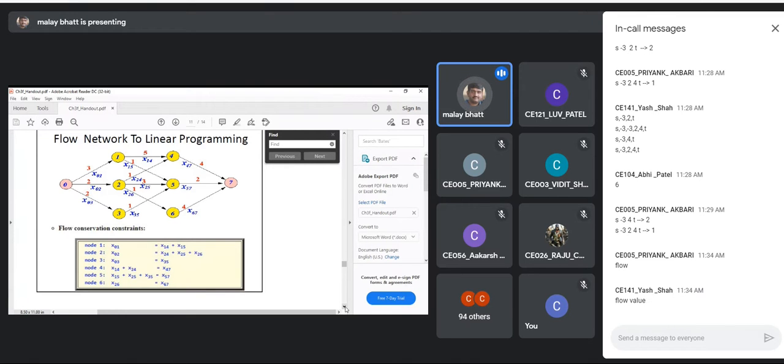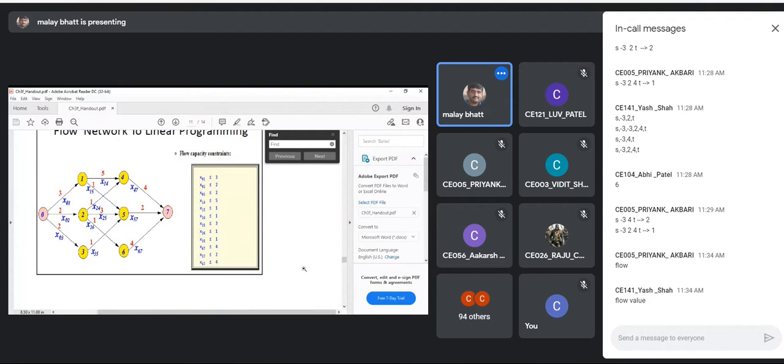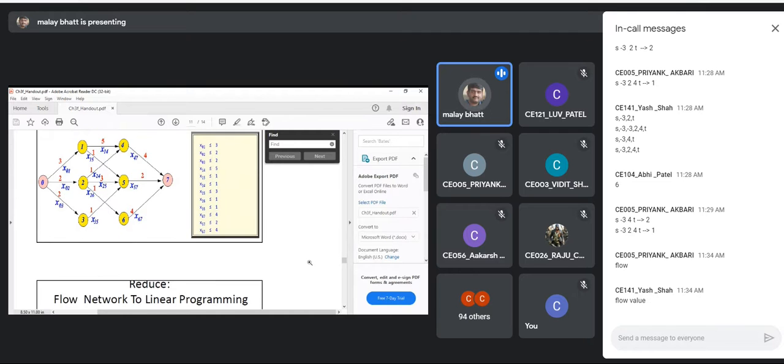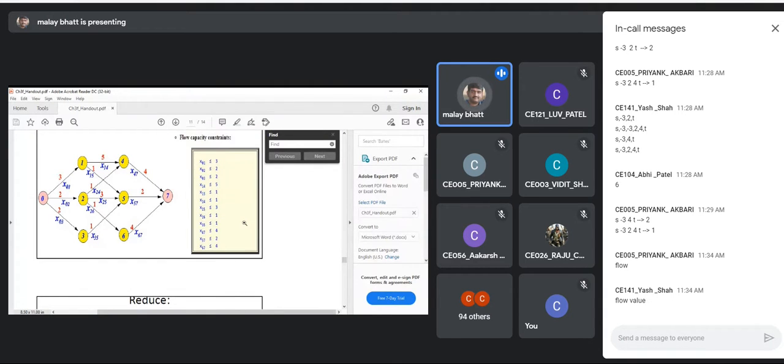So you can see we are getting the linear programming equations basically here. Right? We are writing normally what? Maximum of something subject to certain constraints. So all these lines are constraints. Right? The flow capacity constraints and all this node 1 to 6, they are the subject-to part of your linear programming. Right? Normally, this is what you are writing in linear programming, yes or no? That value of x, y, z, or x1, x2, x3 should be greater than or equal to 0, or x1 should be less than or equal to something. So x01 to x67, all these are your variables.